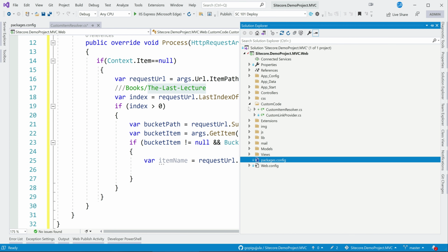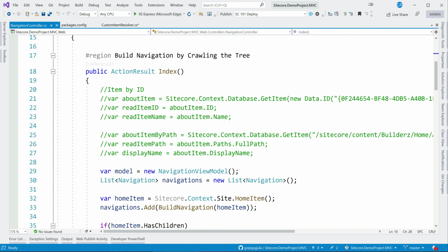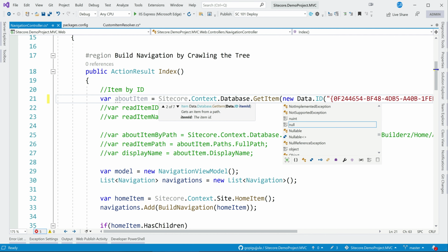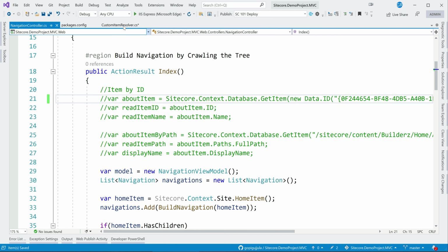I guess I do have those methods. We did check these, right? You can fetch item by ID, you can fetch item by path. But is there any method here where you can fetch an item by name? Let's just see here. See, all the overloaded methods: path, ID, item ID, path, item ID, path, URI, all these things. Either you need a path or you need an ID, but all we have is item name. So how do we fetch it?